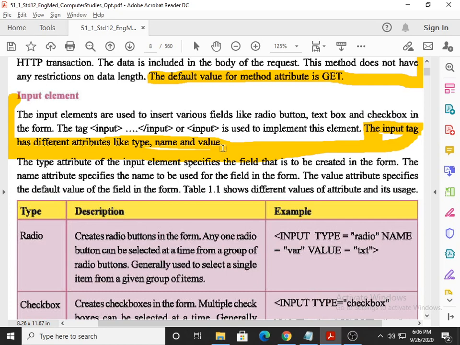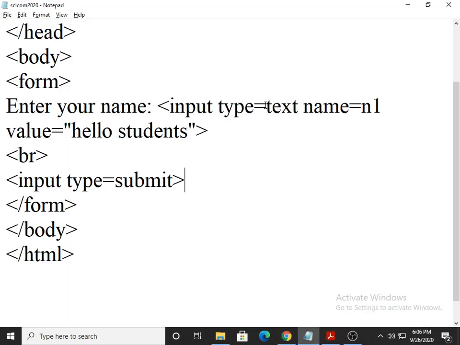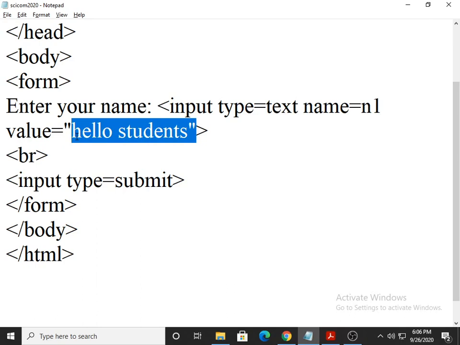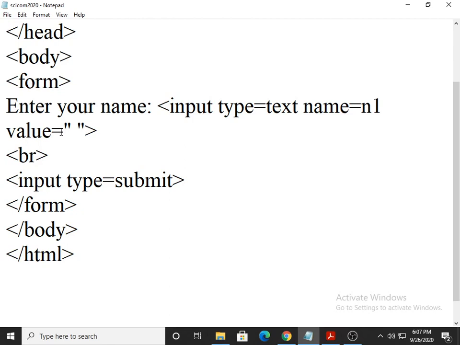Alright. Now in our school exam, this is asked. For example, if I do not mention anything, like this, only space, then what happens? Now the logic remains the same.